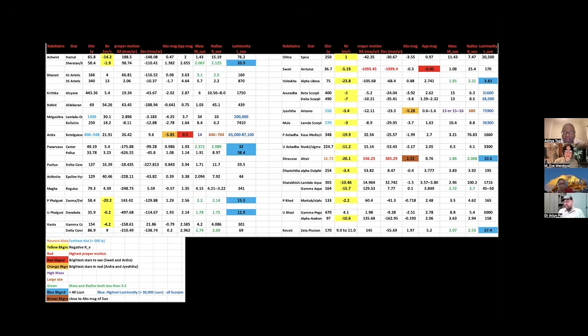Now let's take the case of Shravana, as I was saying. What are the properties of Shravana? Shravana is the closest in distance. That's one property. Minus 26.1. That means it is coming towards us fast. Out of all the Yogataras, I think it has got the highest negative, right? Yes, the highest negative. It's coming fast towards us. It has got the second largest proper motion after Swati.